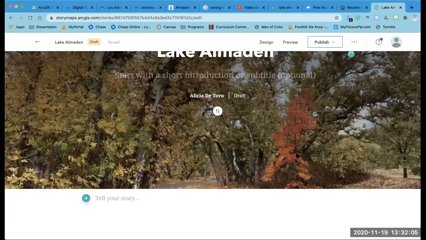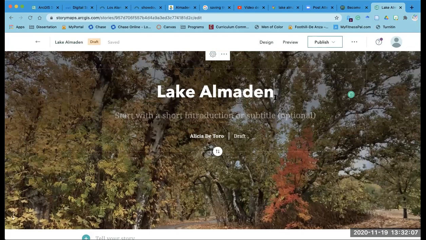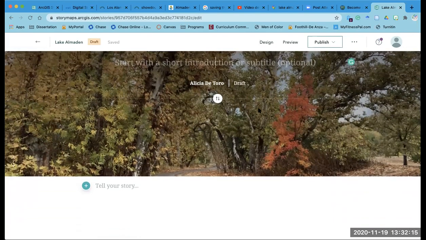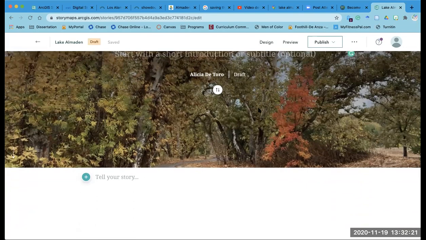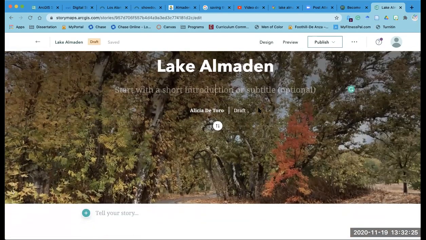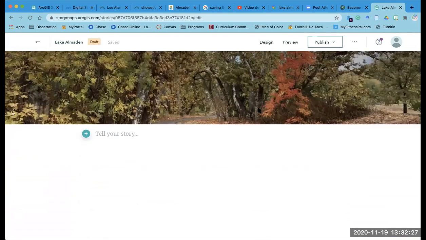So now I have my location, my story map, title. I could put my text in there. I'm not ready to put my text in yet. I typically like to put together my story map with the images and the links, and then I go back in and enter my text after I have an idea of what it is that my structure will be.